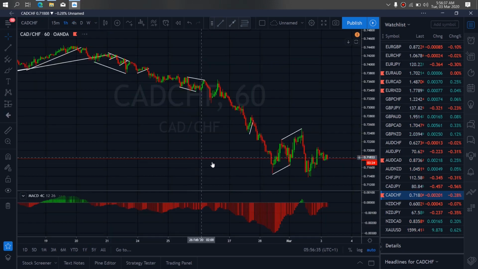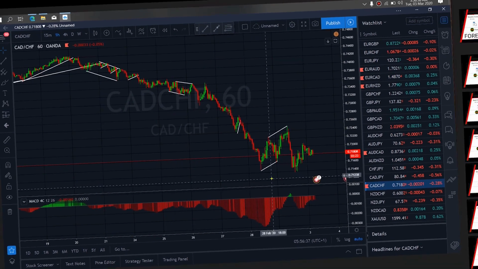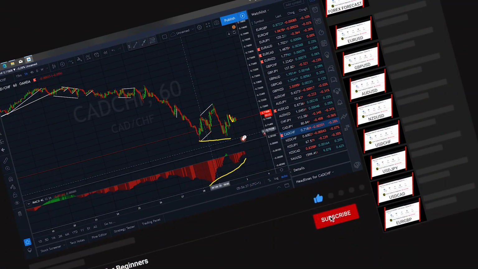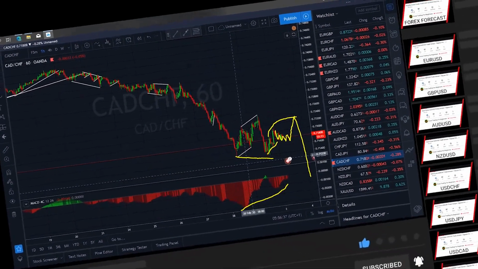We zoom to 1-hour time frame. We want to watch out for that as well. You see on the 1-hour time frame we have divergence, which confirms to us that even if this turns out to be another flat for one more drop, that the bigger